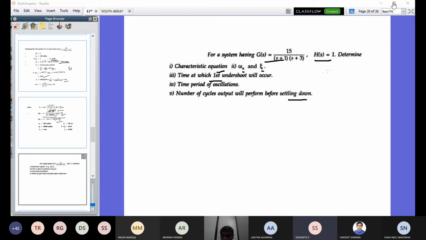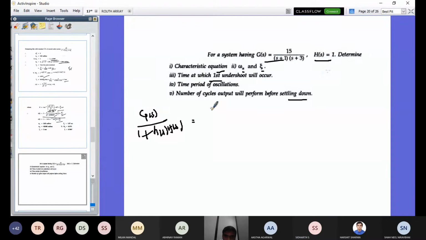So we'll convert the closed loop transfer function to open loop transfer function. No dear, open loop transfer function to closed loop transfer function. Yes, sir. Now it is open loop. Find the closed loop control system transfer function. Very good. So g of s is given and h of s is given, so we are going to find the closed loop control system transfer function. How to find? G of s divided by 1 plus g of s into h of s. So what is the answer?